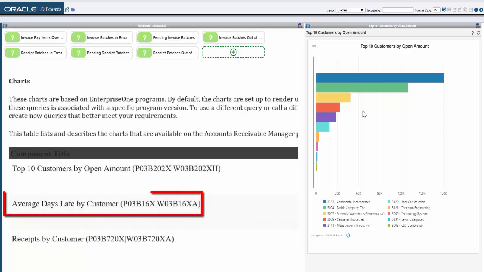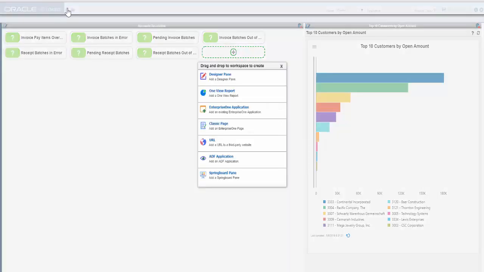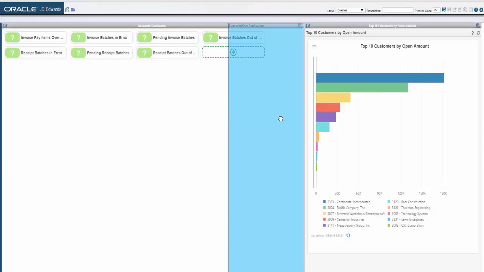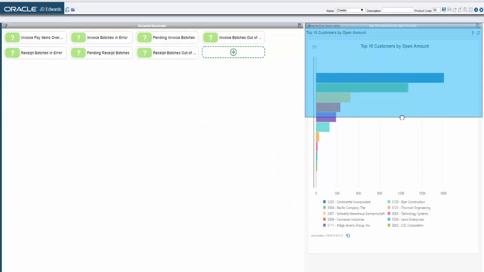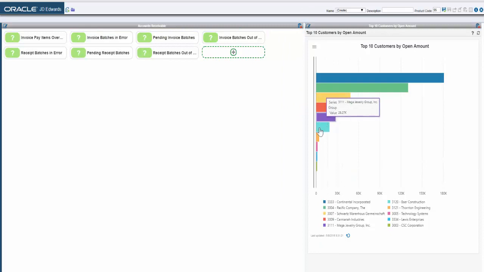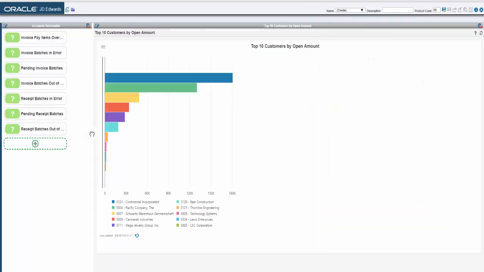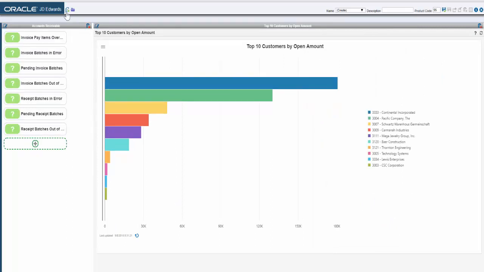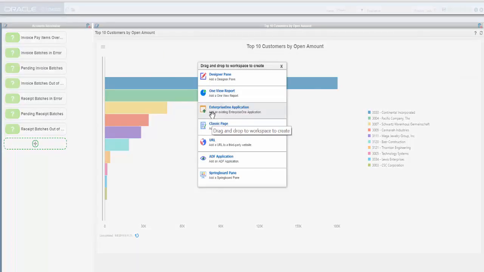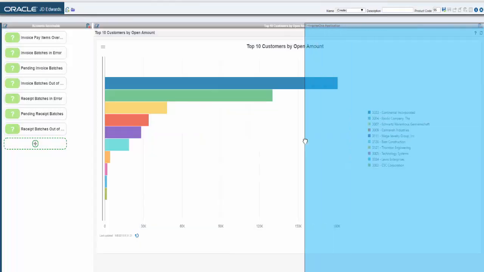We're going to do our second chart, which is going to be average days late by customer. So we'll go back up to the top. Again, we're going to drag to have an Enterprise One application. You can see that it's not doing what I want here. So before I actually add this, I'm going to take this and resize this so that the watch list is on the left side. Now I will do this, and you'll see that the application will go to the right side as I want